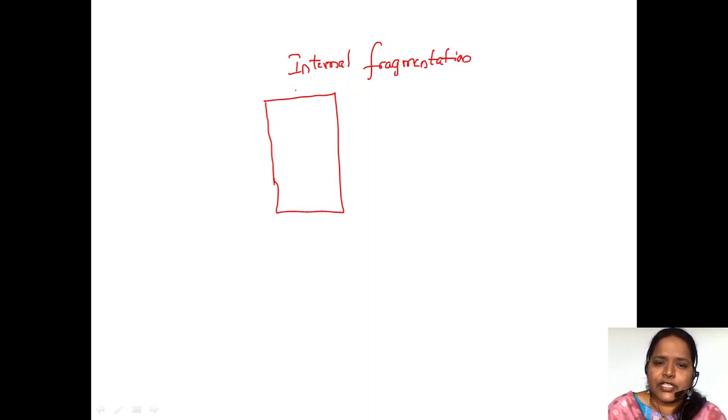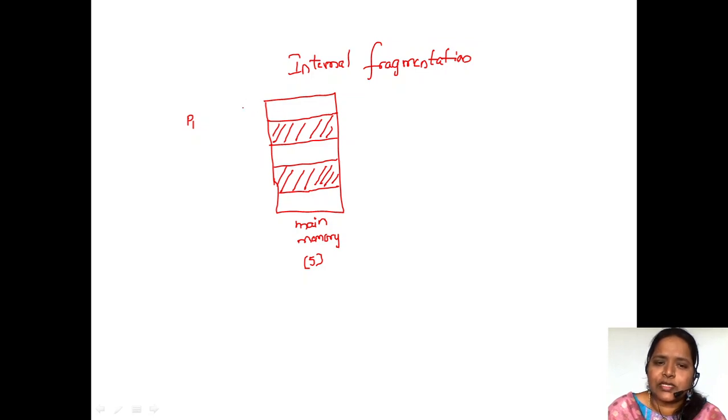So internal fragmentation, in the sense, as I have said before, the memory has been divided into partitions. So this is the main memory. Suppose the memory has been partitioned, right? How many partitions are there? 1, 2, 3, 4, 5. So memory has been partitioned into 5 blocks. Suppose this partition is filled, for example, and this partition is also filled. Only 2 partitions are left.